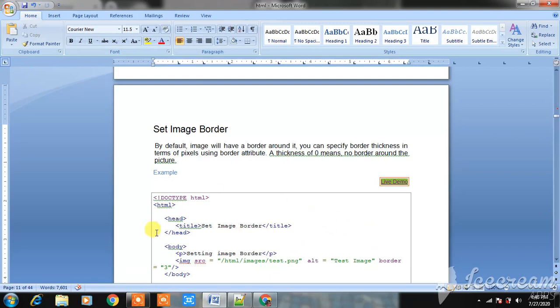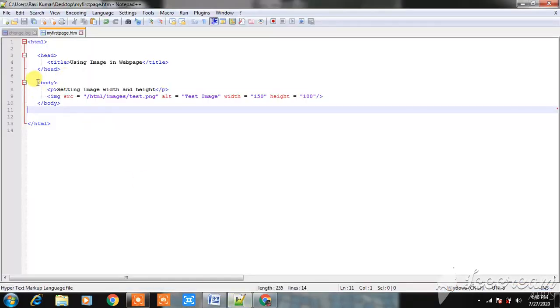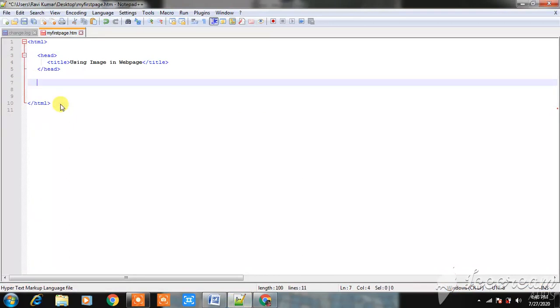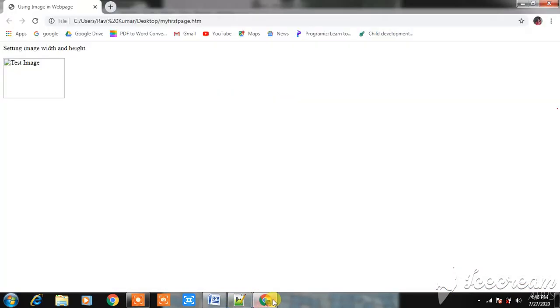We take this from here and save. Now we are opening. See, now it shows only the complete size of the image. When I refresh it, it will show a border around the image.